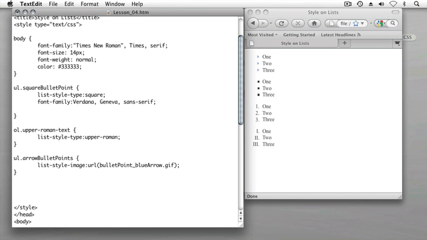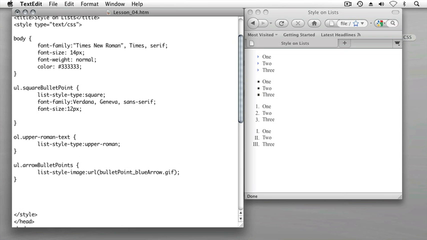And I'll also maybe make the text a little smaller, and I'll specify that size with pixels, font-size followed by a colon, and then 12 pixels instead of 14, as specified on the body tag. And maybe I want to change the color, just so I know with certainty that a change is taking effect on these bullet points. And on a new line, I'll type the attribute that governs the presentation of text color, which is color, type a colon, and the hexadecimal value for a shade of blue, which is pound or hash symbol